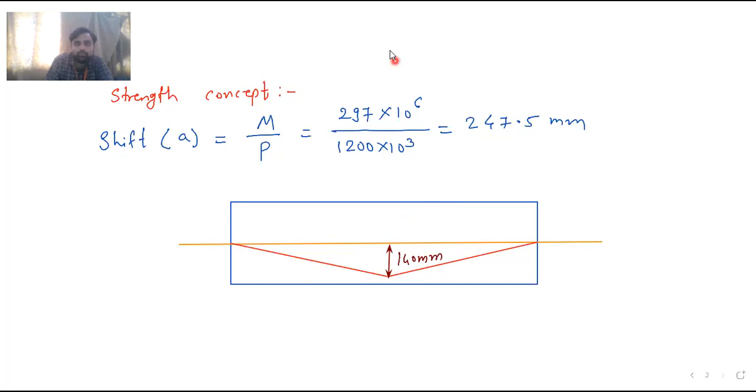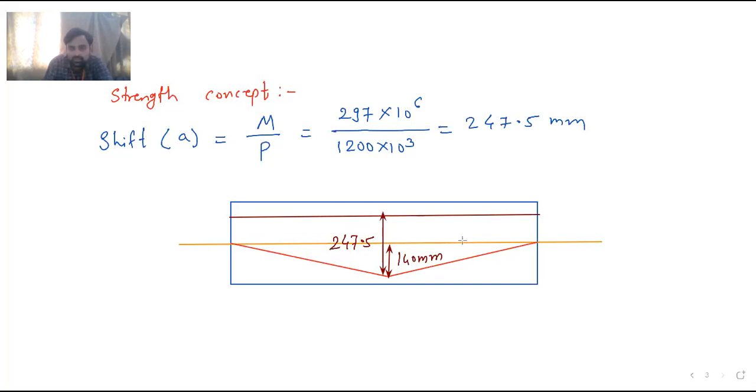247.5, which means a distance greater than 140. It is greater than 140. So your C line will be somewhere here. If I draw the line, then your C line may be somewhere here. This is your C line. And what is the distance? The total distance from here is 247.5. So this eccentricity is 140, and A is 247.5.